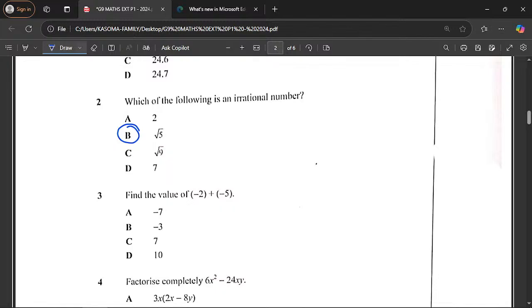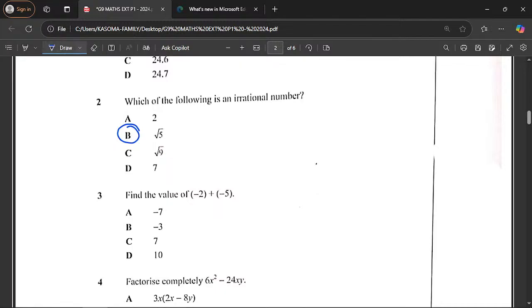However, let's talk about options C and D. When you look at C, it has the square root of 9. The square root of 9, we all know that is 3. 3 is a whole number and can be expressed as a fraction. So, meaning 3 is a rational number, not an irrational number. Then when we come to D,